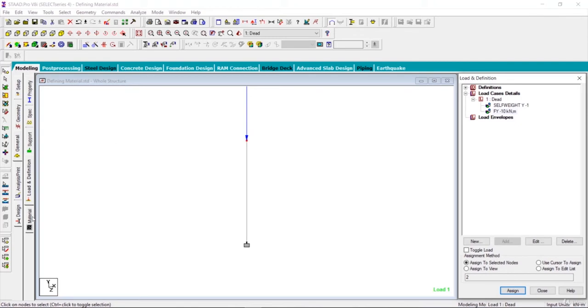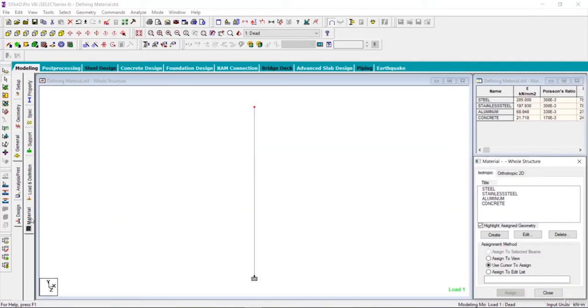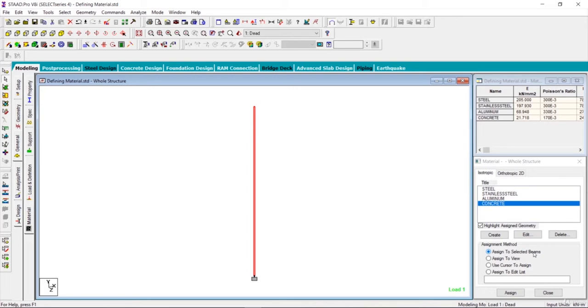Now let us go into the material finally, the topic of this video. If it is steel or concrete or anything, you can just select this beam, select the material that you want to assign, and click on assign to the selected beam. What if this is wood? I just wanted to make it a wooden pillar of 100 mm by 100 mm. So what I have to do is define a new material.